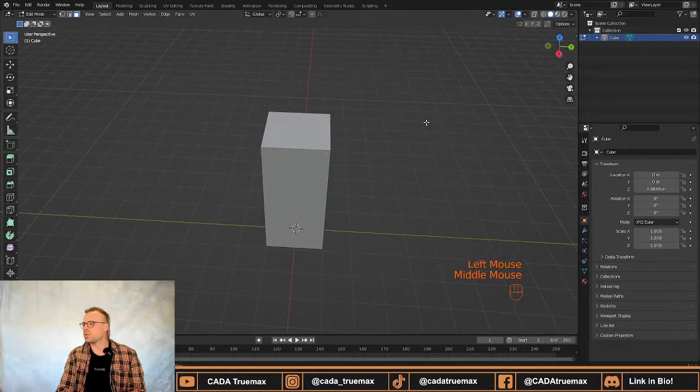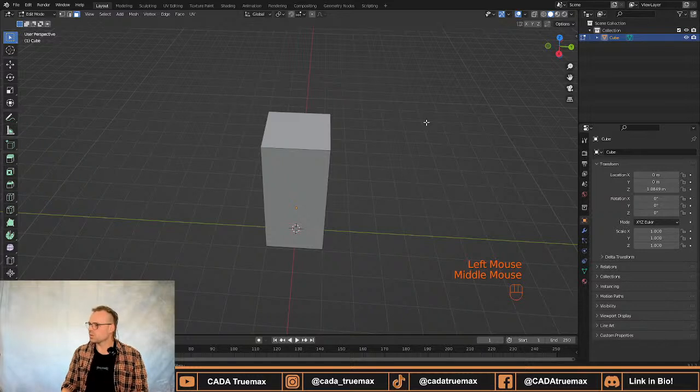Now we want a bit more geometry to work with because we're going to be making a barrel today. So that means we got to take our cube and we got to round it out a little bit. There are multiple different ways of doing it, but